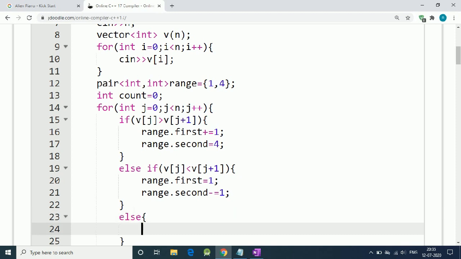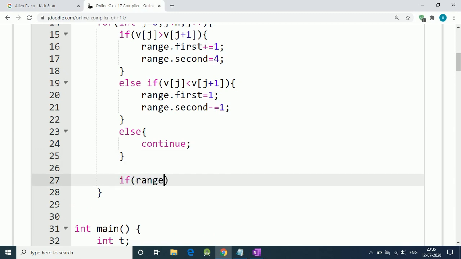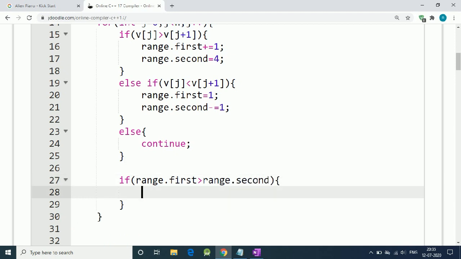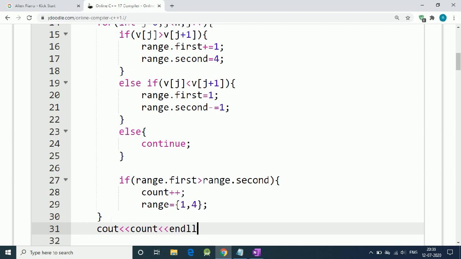And else we continue, like if it is the same, then we make no changes. After that we have to check if range first is bigger than the second, meaning we have a break in our loop. So we increment our counter and set the range to the original 1 and 4, and then we have to print out the value of count.